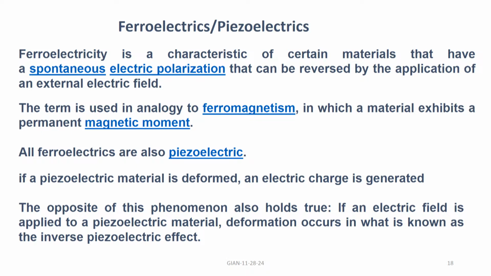The other phase that we use in most of the composites, it is either ferroelectric or piezoelectric. In a ferroelectric, similar to a ferromagnet, in the ferromagnet there is spontaneous magnetization. In a ferroelectric, you have spontaneous electric polarization, and that can only be reversed if you apply an electric field, similar to the case of a ferromagnet, where you cannot reverse the magnetization direction unless you apply an external magnetic field, and it takes energy to